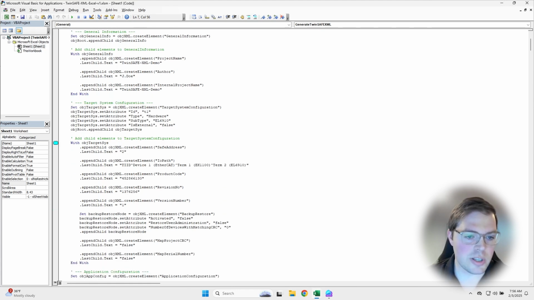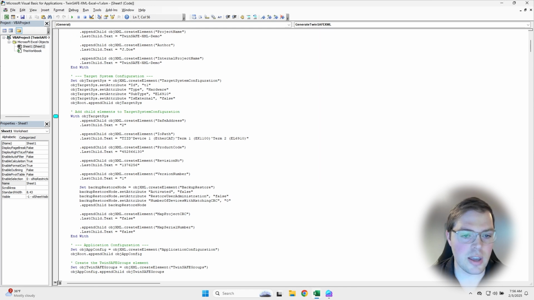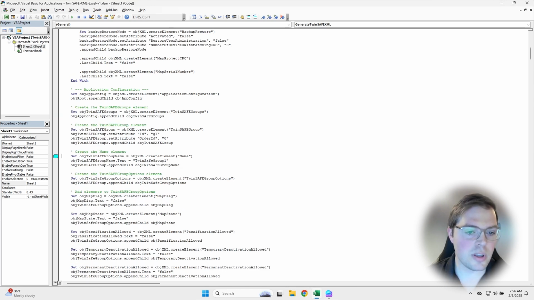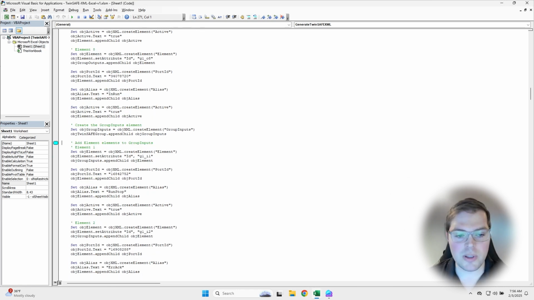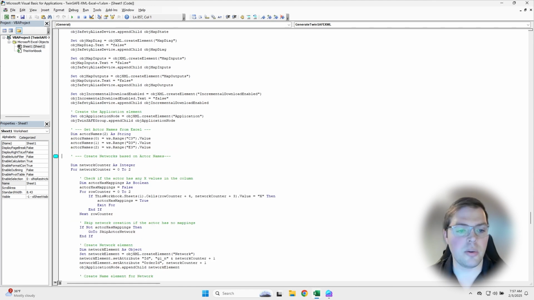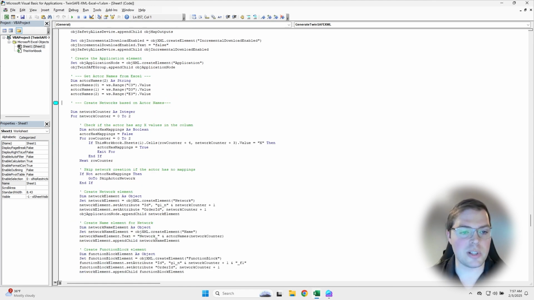Then we go through a standard TwinSAFE configuration. We add an EK1100, and it targets the EL6910 for the IO mapping to the physical device. We target an EL6910 for the safety project. Next thing we do is we can add a TwinSAFE group to the project. Then we can add in our standard alias devices, such as our run stop bit. We have an error acknowledge bit, and then we can create our networks based off of what's selected inside the